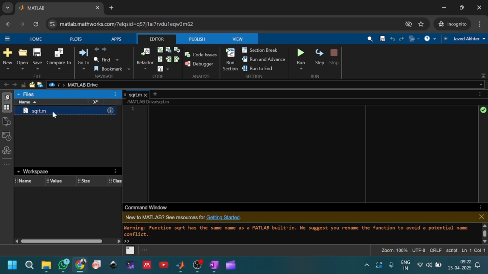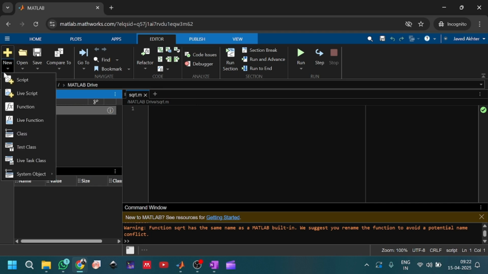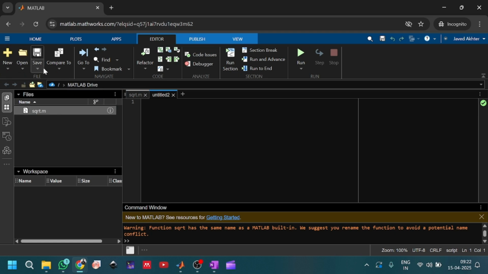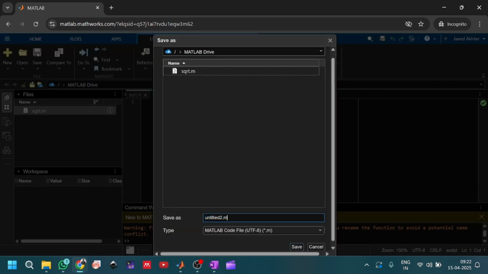So let me just leave it. If you want to open another script, again you have to go to new and go to script, and let me save it with some decent name. Let me just give it a name, problem 1. So in MATLAB, while naming, there are certain things. One, you cannot give the name of a built-in, and second, you cannot give a space in the name. And the third one, you cannot